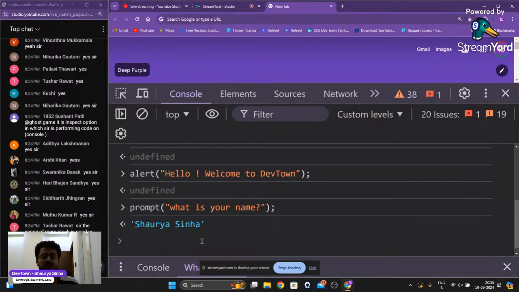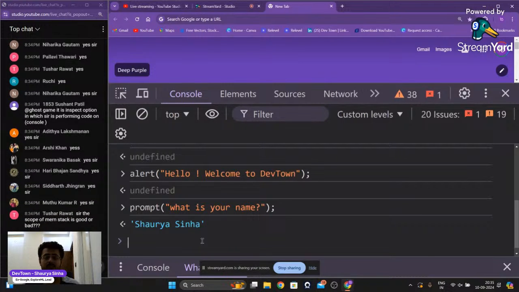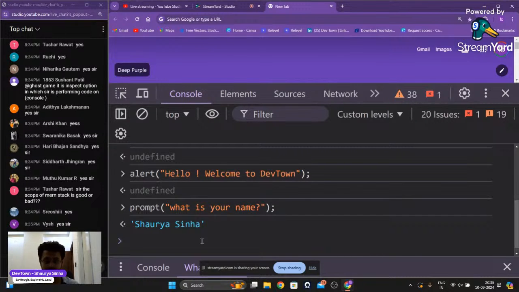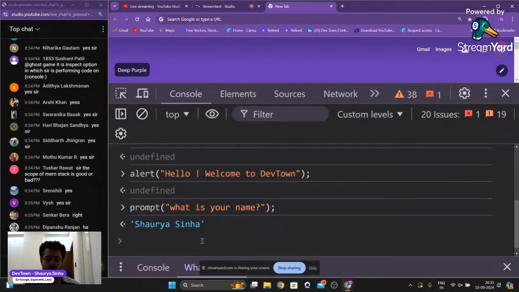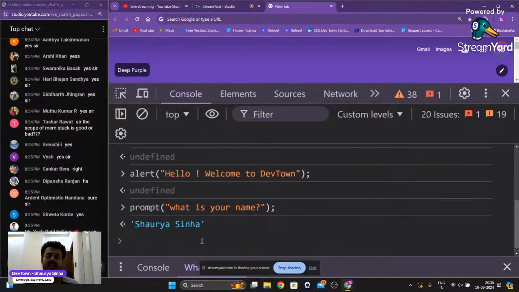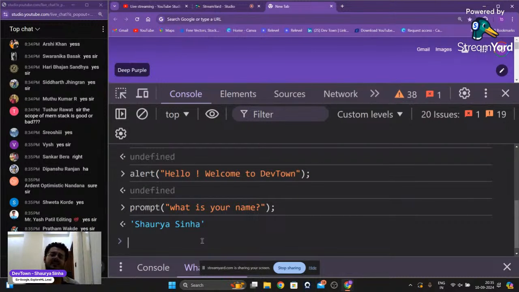Okay, so right over here, guys, the next thing that we are going to do is that we are going to learn about different kinds of data that exists inside of JavaScript. Now, you might have already studied some other programming languages as well. In every single programming language, there are multiple kinds of data that exist. There's some text-based data, some number-based data, some decimal-based data, and so on and so forth. In every single programming language, this data has been divided into various different types.